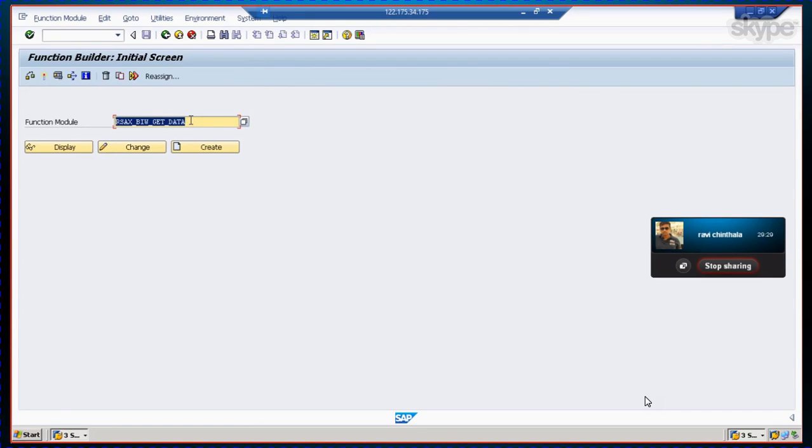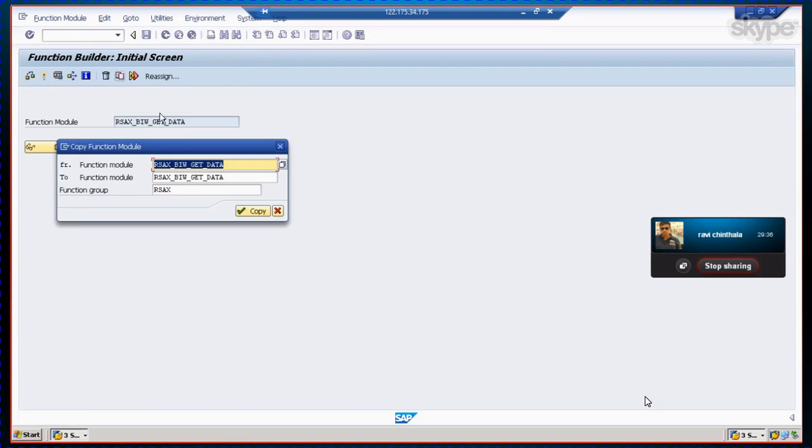In order to use that, we have to copy this. There is a button called copy here. I'll copy this with the help of that copy button. This is a from functional module. This is a to functional module. I will give Z for the to functional module, and I'll give the functional group that I have created. The functional group was Z